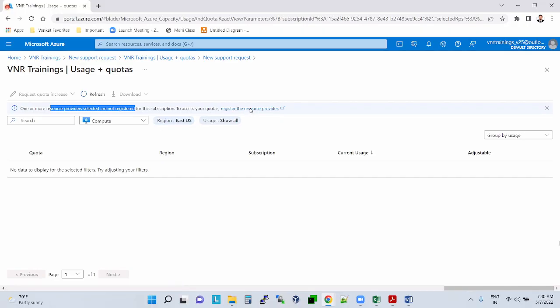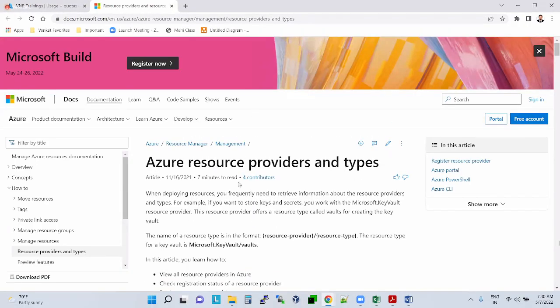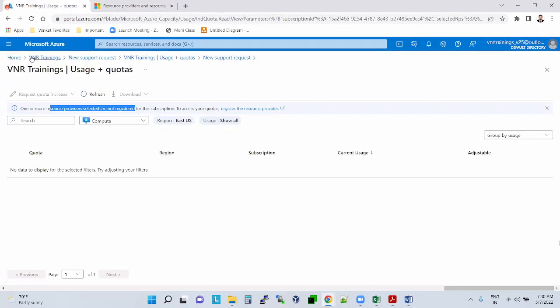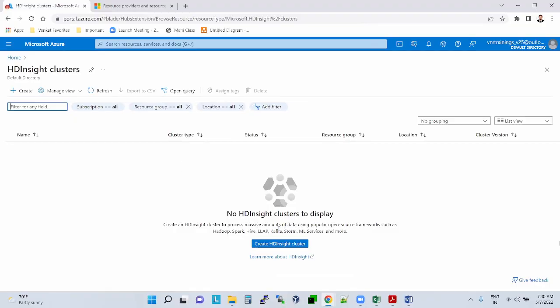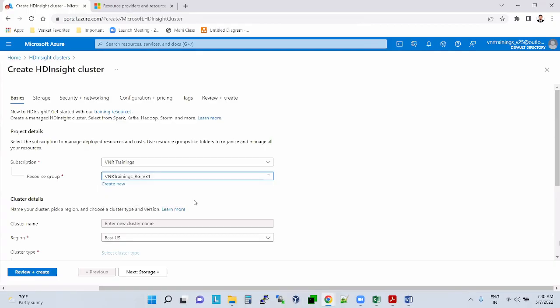We need to raise a request with the help desk so they can increase the quotas. But we should know, when we're creating a cluster, I have classic quota. So why is the classic quota not working?